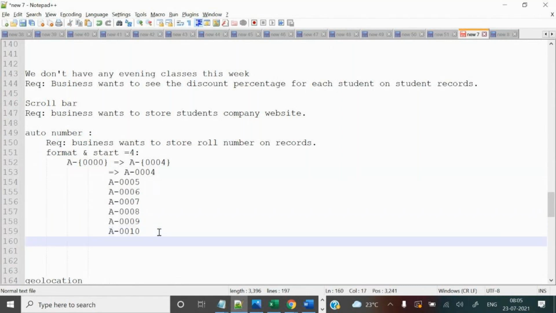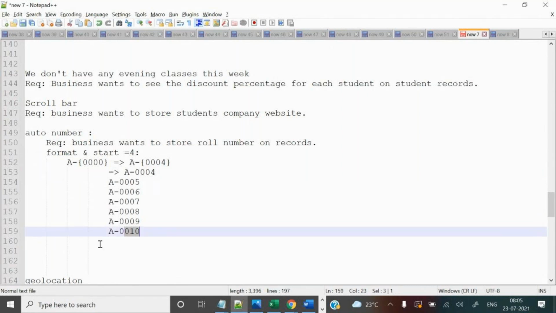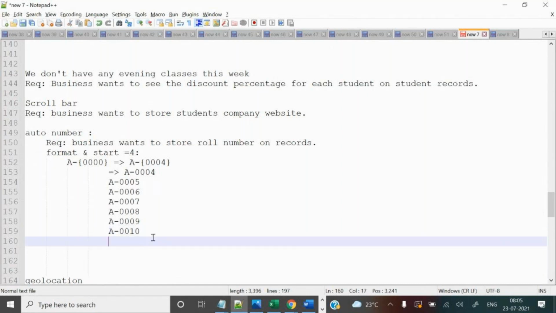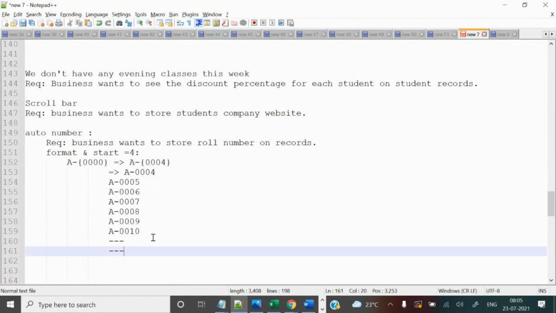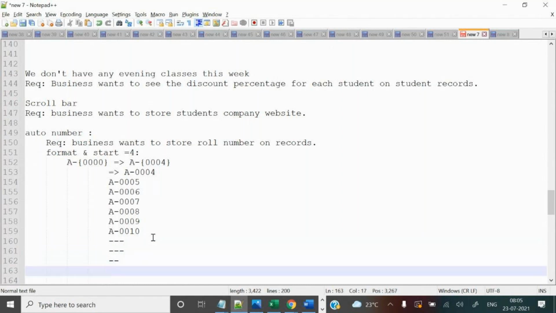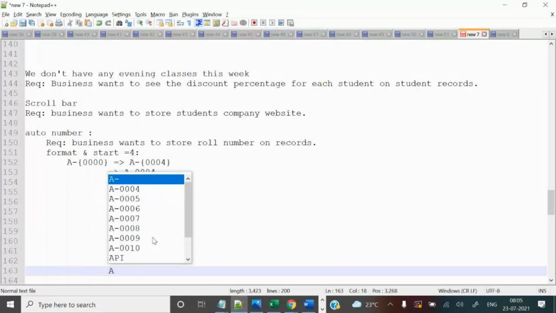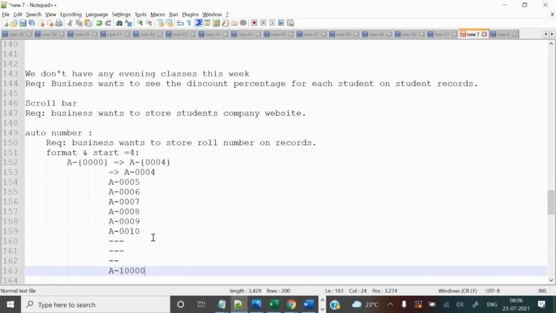Suppose 10,000 students are there, so 10,000 student records you have created. Suppose 10,000 records, how will it store? A dash 10,000.